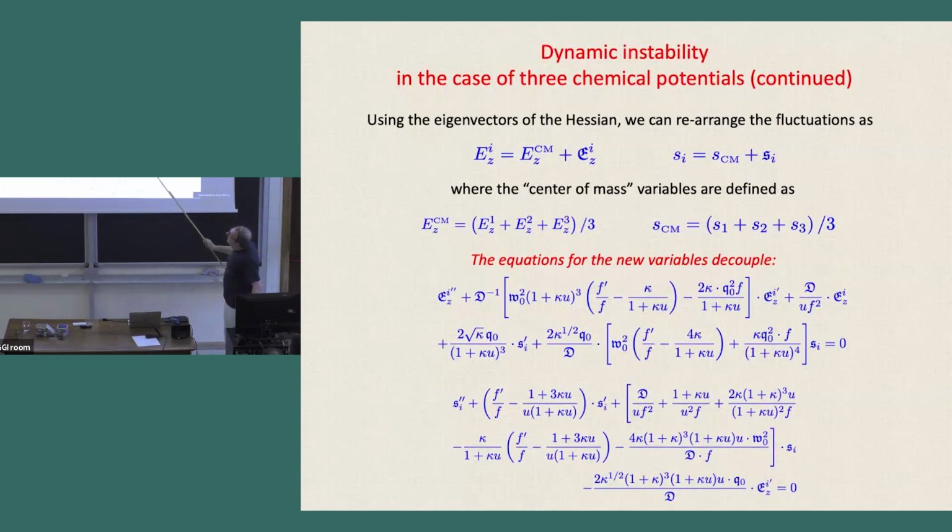And then the equations for fluctuations with respect to the center of mass with Gothic E and Gothic S. My PhD student was very impressed by Gothic notation, so, I'm sorry, you can see a lot of it. So the horrible mess of the equations of motion of supergravity just reduces to the two coupled linear ODEs, which